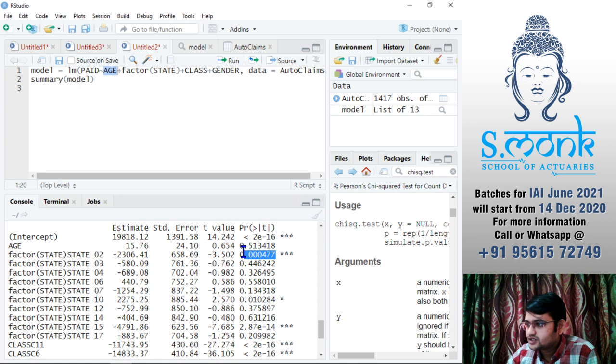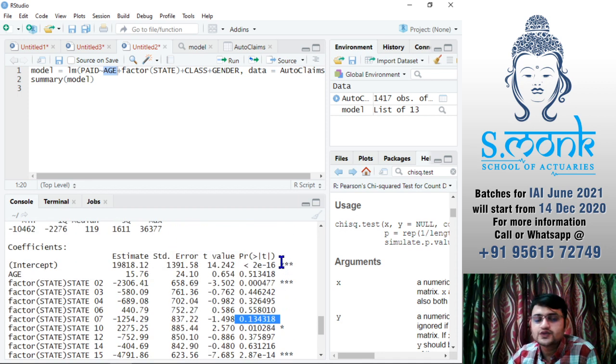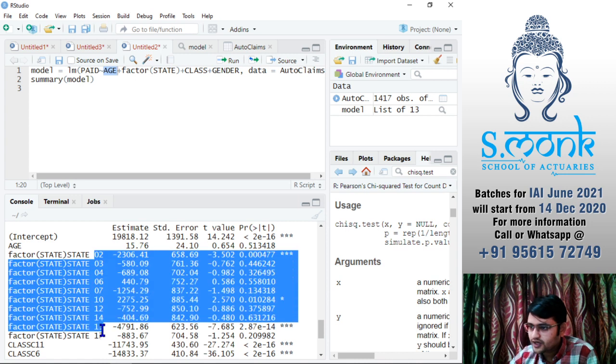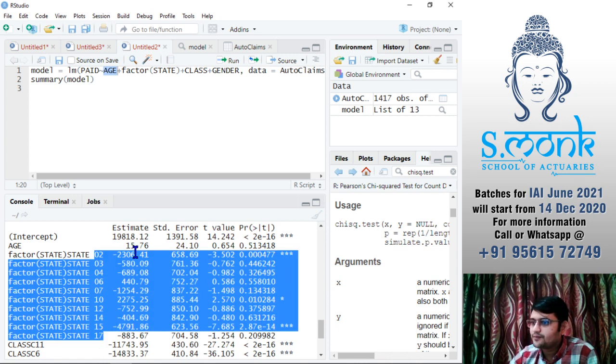This factor state 2 is very significant, whereas state 3 is not significant enough, state 4 not, state 5 not, state 6 not, but we do not usually interpret them individually. In practical life, after seeing this, you may say that rather than taking so many different states, I can combine a few states into regions.